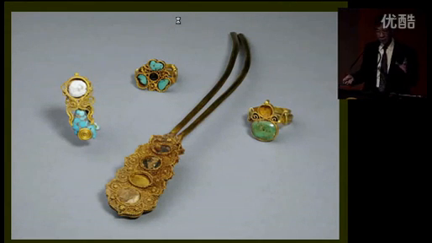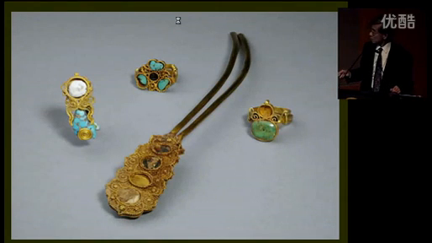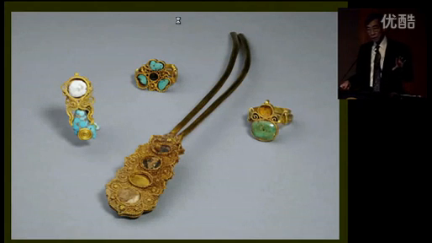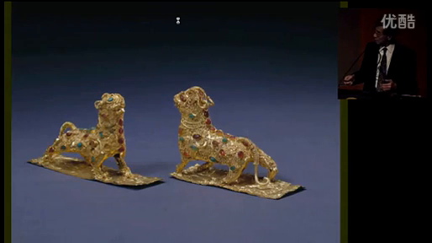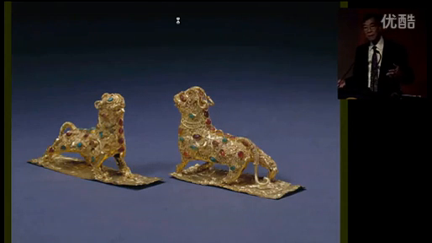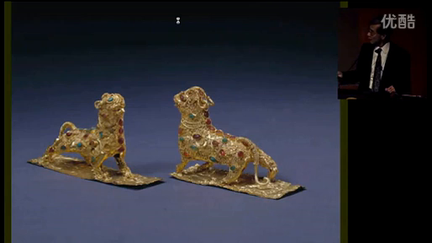But to be more serious, actually the first version is just as serious. You have, in addition to these stem cups, a kind of jewelry worked in granulation and filigree, which is a gold working technique which was prevalent on the steppes of Northern and Central Asia since the time of Alexander. But it would come into China from time to time. For example, in the Han period, coeval with the Roman Empire, you have this kind of work, which is the same kind of thing,